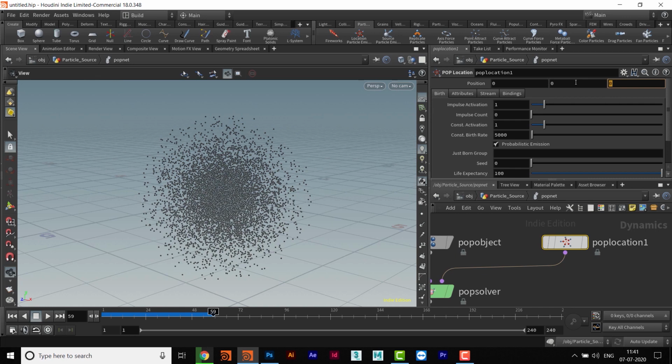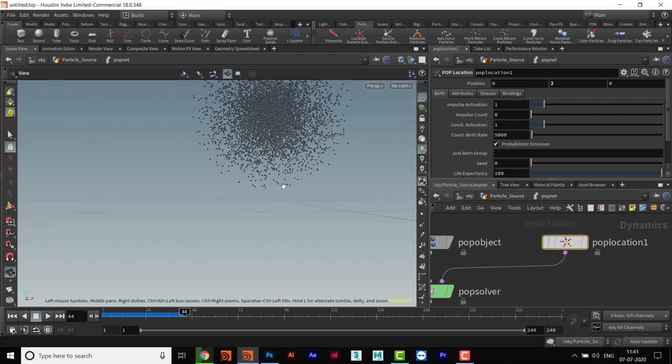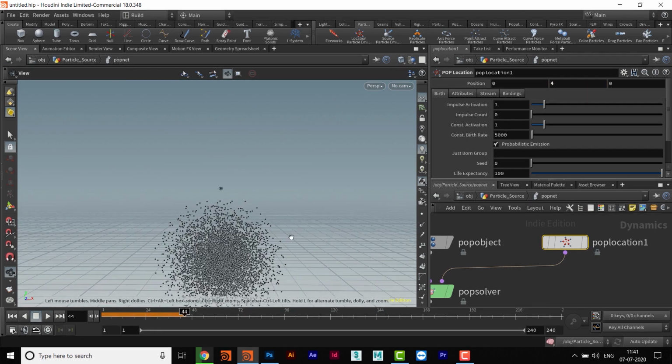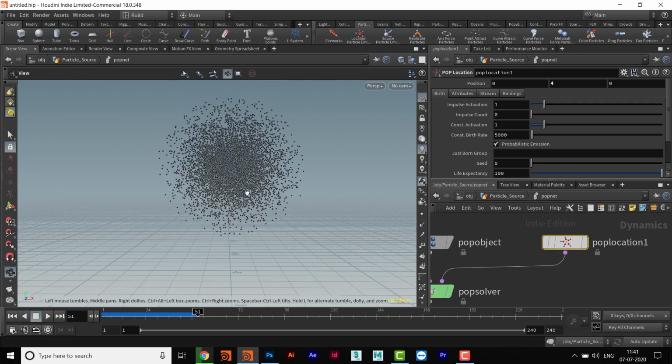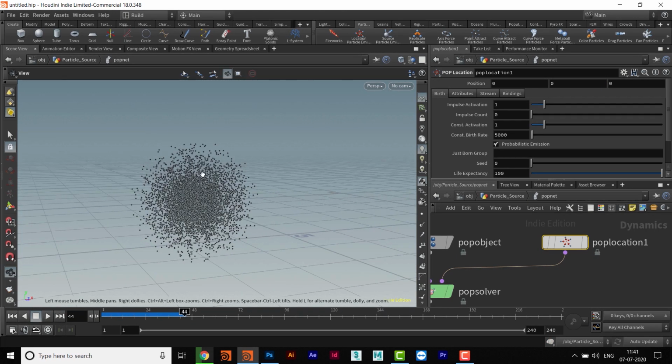So suppose I want these particles to come from a height of maybe 2, then I will write 2 here, and the location of the particle will change, and now it is here at 2. Or maybe I can increase this value to 4, and then it has shifted to 4, and now the particles will be emitted from there. So that is the first thing we have to understand. I will again take this value to the origin, that is 0 0 0, and then particles will be emitted from here. Okay, and now I want to discuss the rest of the attributes here.